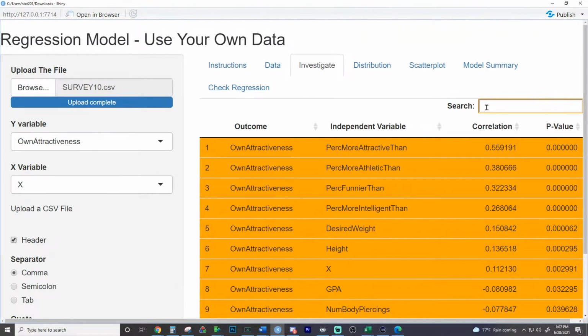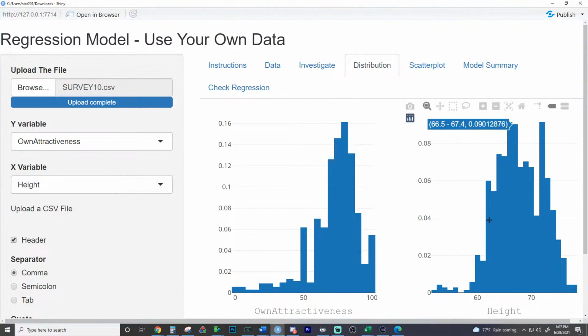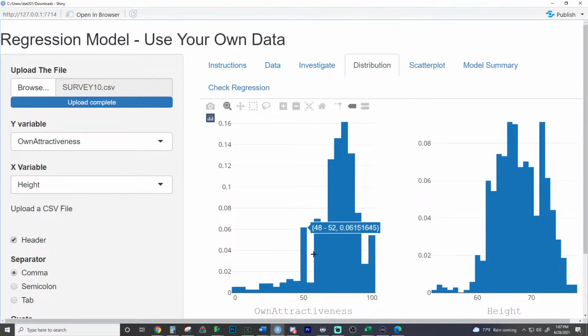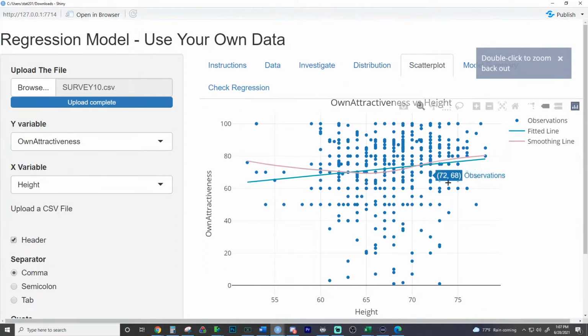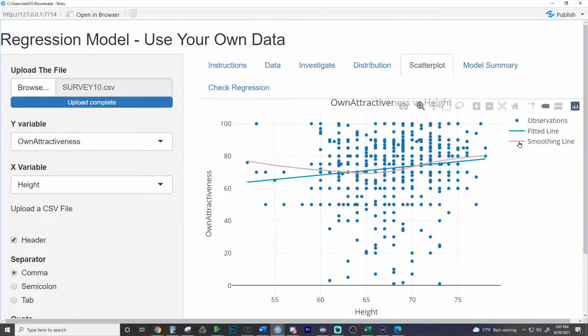And you can search through and find certain values. So you could type that in right there and it'll literally find values. It's so neat what you can do with this. And what you can do here is select another variable and go over here to the distribution and see the Y distribution of the variables. And these are all being done in Plotly, so you've got hover abilities and zoom in abilities if you want. You can go to the scatter plot and get the fitted line. And if you don't want the smooth line, you can just click away from that. I think it's really cool too. And this is kind of what we're starting out with.